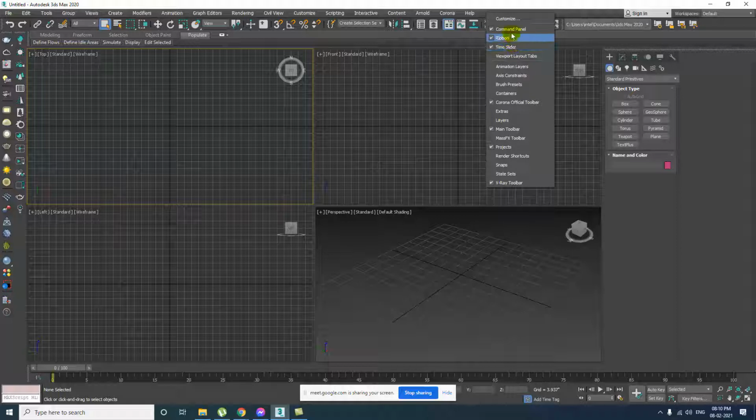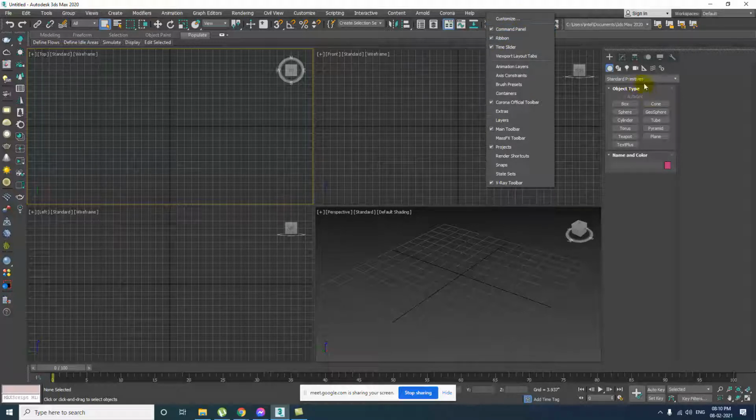See, all the things here are not ticked. Some of the options are unticked, which are not generally in use. Most of the tools or bars that you use very often, very regularly, only those have tick signs available over here. Like VRay toolbar we are going to use, main toolbar we are going to use, Corona toolbar is there, ribbon toolbar, and common palette toolbar is there.